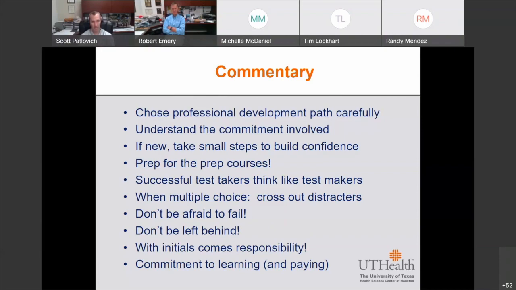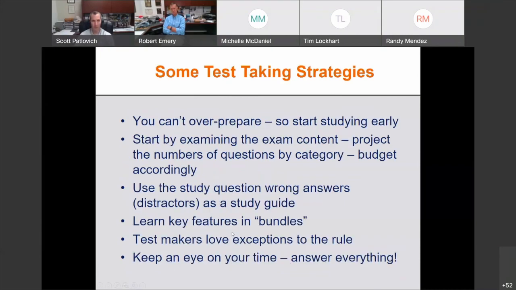That's very, very important because they can actually strip these professional credentials away from you if you misuse them in different ways. Ultimately, this is a commitment to learning and paying if you're going to pursue these credentials, but lifelong learning is really important for me, and I would imagine you all agree with that. Even if you're a little more experienced or older in the field, it's still okay to go back and get these professional certifications if you're considering doing so.